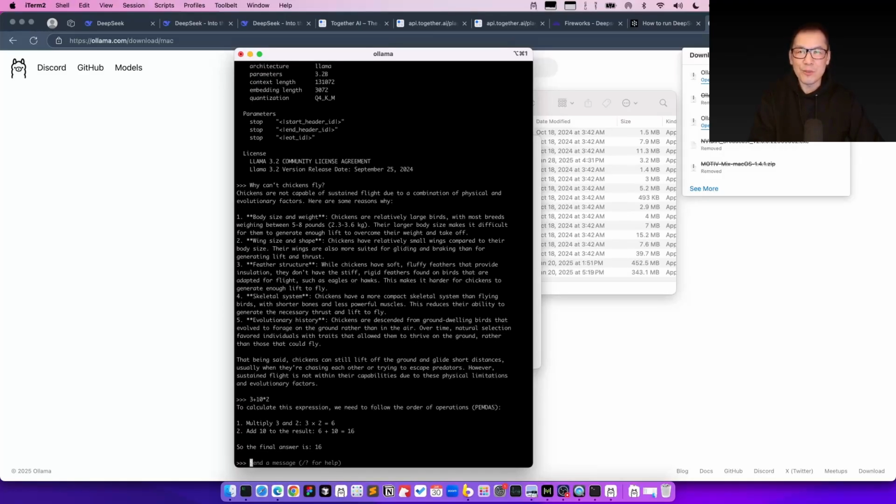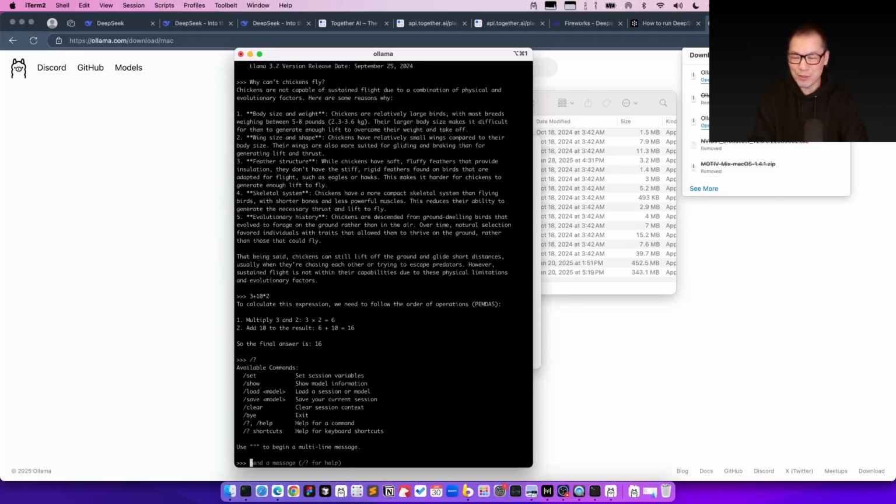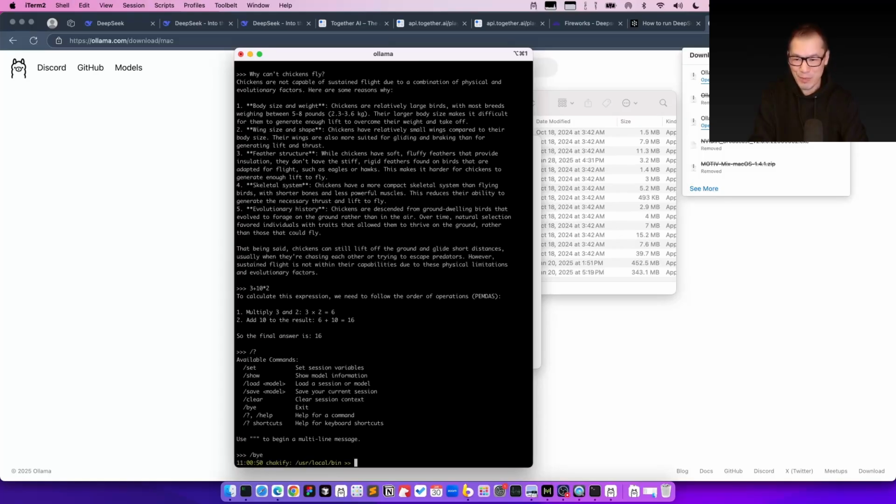Usually, that's a good way to do simple math and check the AI. Some of them, especially the older models in the past year, often are wrong. You can see that it's actually trying to figure out how to do math, except it's wrong, right? It multiplies 3 and 2, and then adds 10 to the result, which is exactly not what we wanted to do. What I wanted to do is show you how to install, say bye to the chatbot,